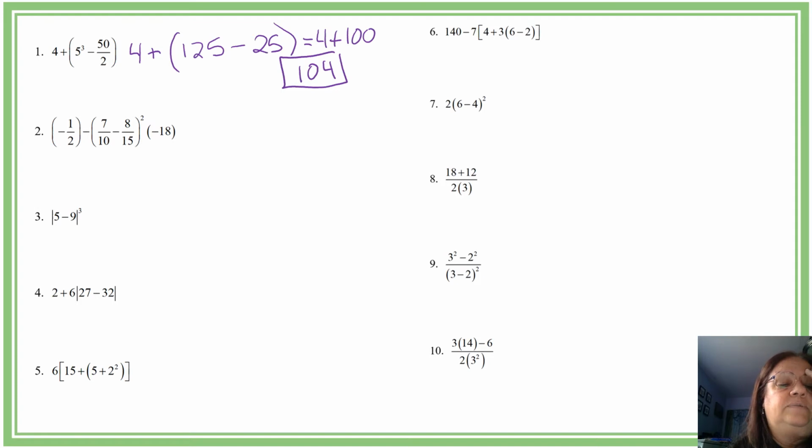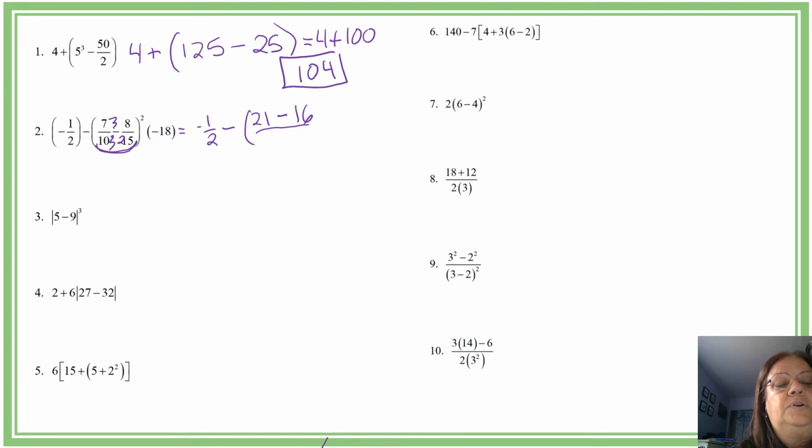All right, on the next one, well, look at all this mess. The first thing I'm going to have to do is solve what's inside using common denominator. So this one needs to be multiplied by 2 over 2, and this one by 3 over 3. So minus 1/2, minus, well, let's see, we have 21 minus 8 times 2 is 16